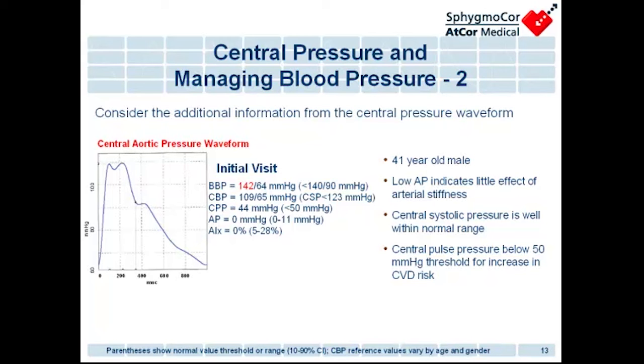But if we changed this person's age and made him 31 or maybe 29, and we shifted his central pulse pressure to, let's say, 40, then I think you could have a very good argument for saying you want to follow this person and treat them with non-pharmacologic means, because we just don't have the data in someone with normal renal function, in the absence of diabetes, to treat the blood pressure at that age. We don't have the outcome data,